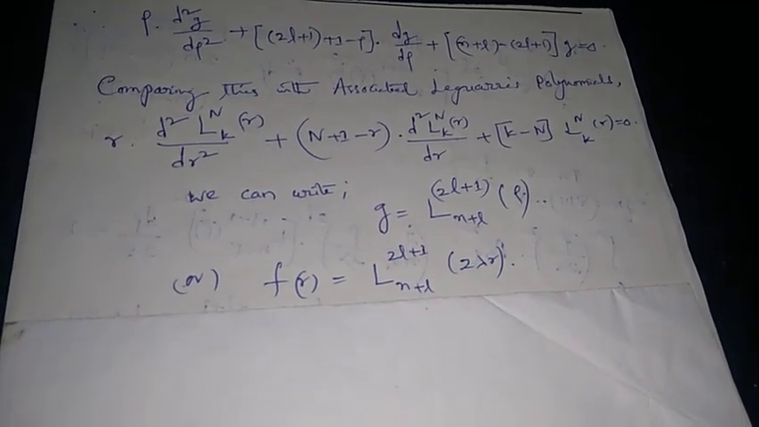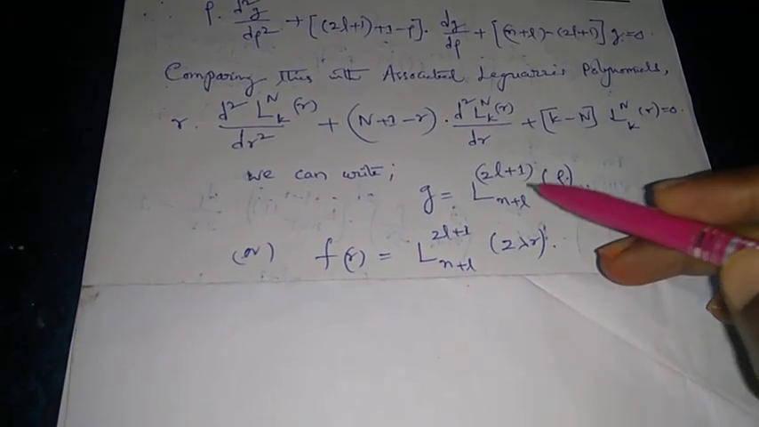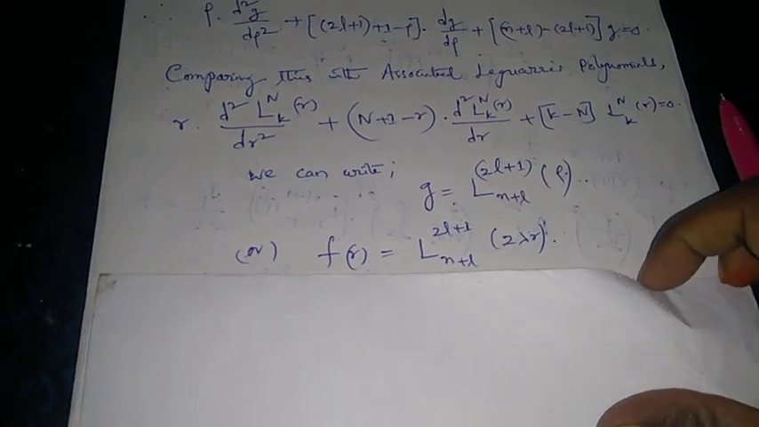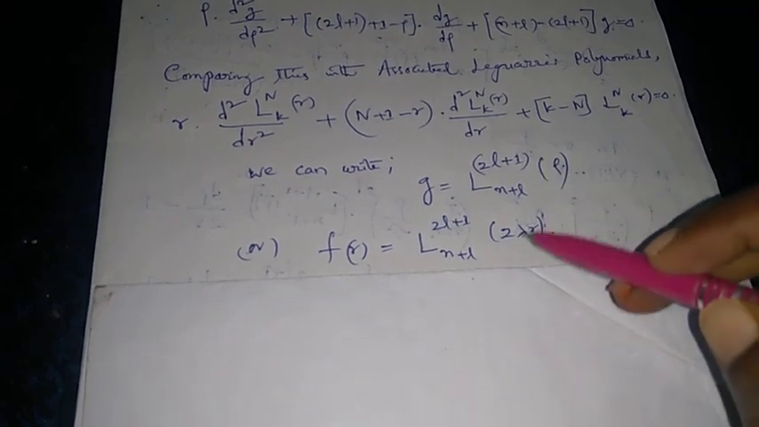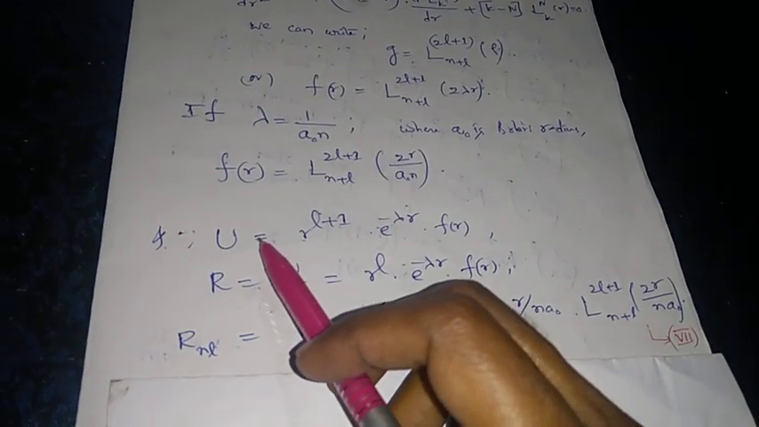And if you compare this differential equation with the differential equation for associated Laguerre polynomials, which is like this, we can take the g function as the associated Laguerre polynomial, which is defined like this. Then we can say that f of r, if you express rho as 2 lambda r, we get this form. And if you take lambda as 1 by a naught into small n, where a naught is the Bohr radius, this f of r will look like that in terms of a naught. And we can write down u, which was a